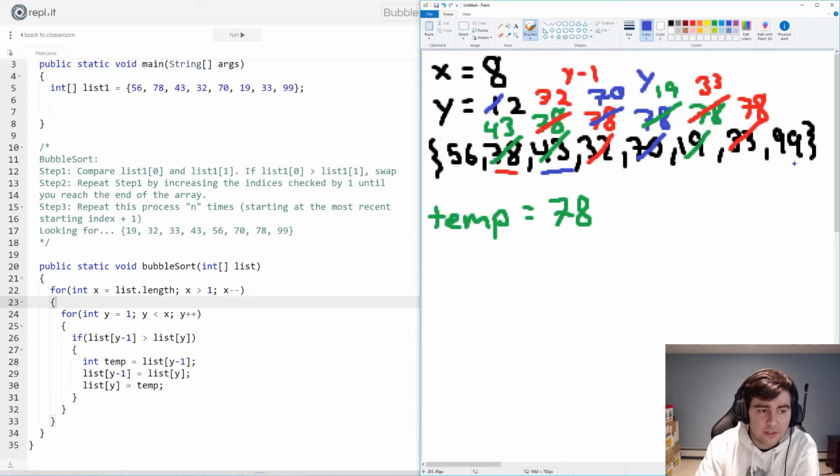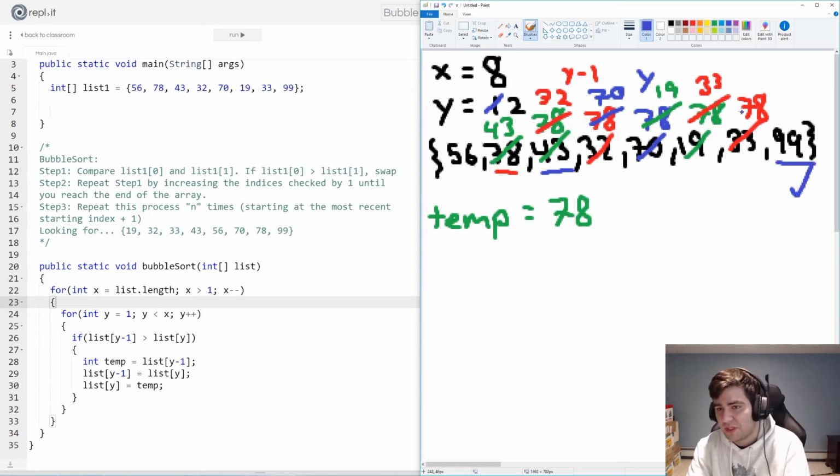Because we'll know, hey, sorry, this 99 must be here because it's the largest possible value. No value that we found here has been larger than it because we've always just taken the largest number and moved it along. So we know at least that 99 is in exactly the right place. We also just happen to be humans that know that this 78 is also the largest number here on this list. All right. And then essentially what happens is we run through this whole thing again from the start,